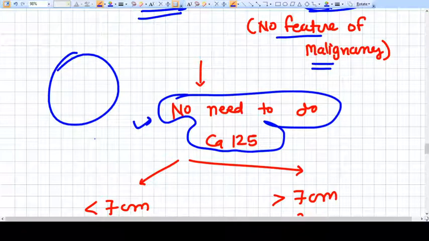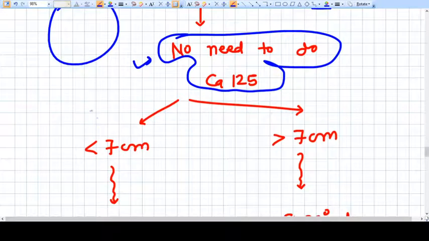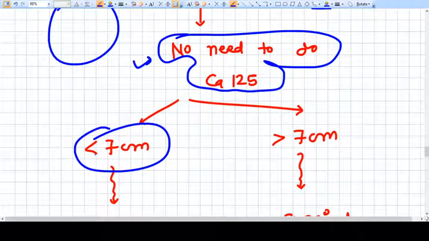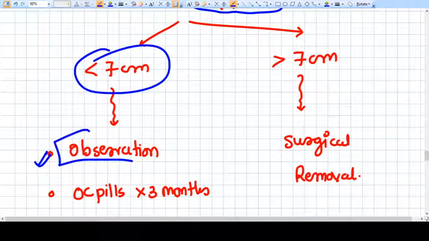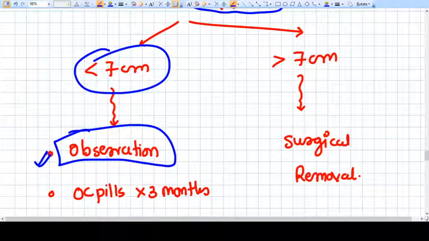Those cysts will regress by themselves. But again, size matters. If the size of the cyst is less than 7 cm, it will regress by itself. You only need to do observation and serial ultrasound scanning, and if the cyst does not regress, we need to